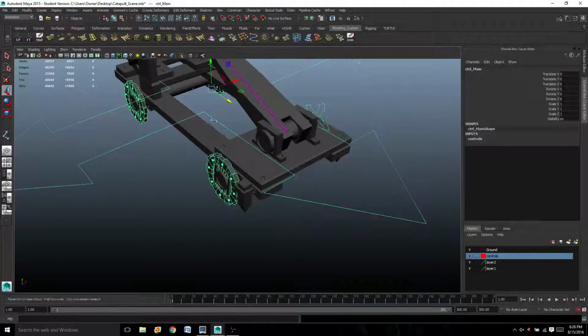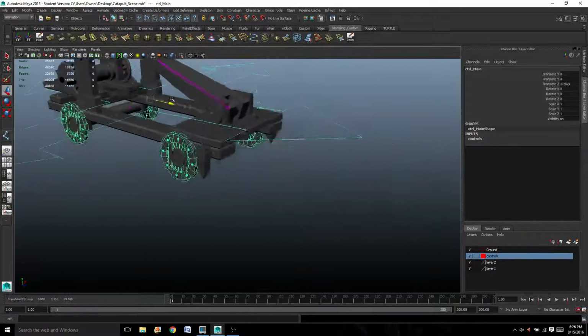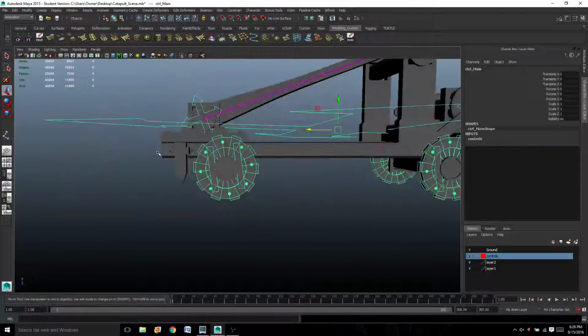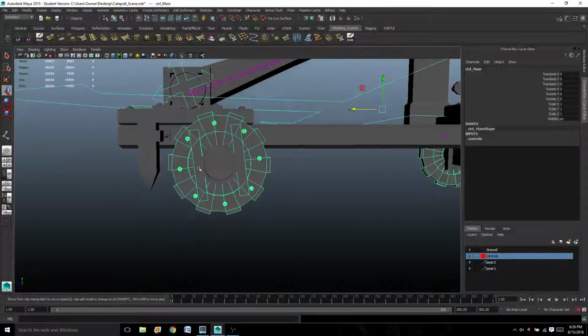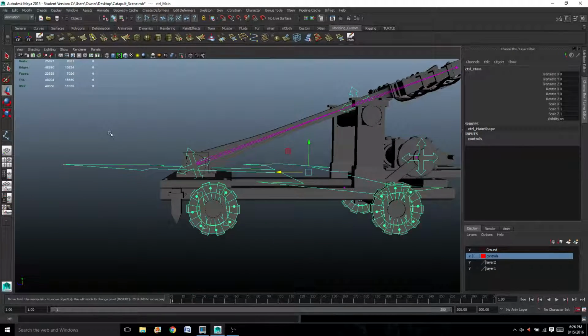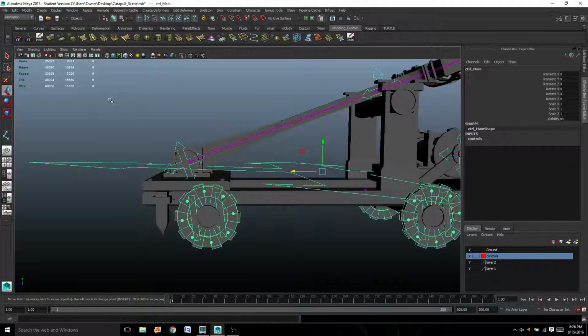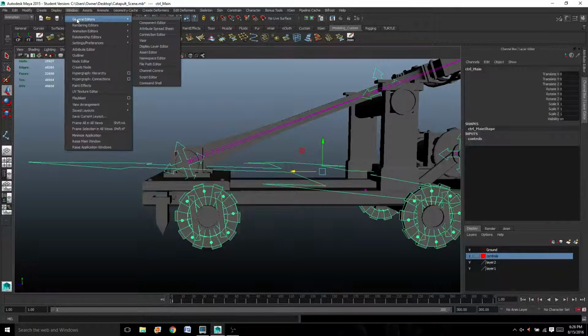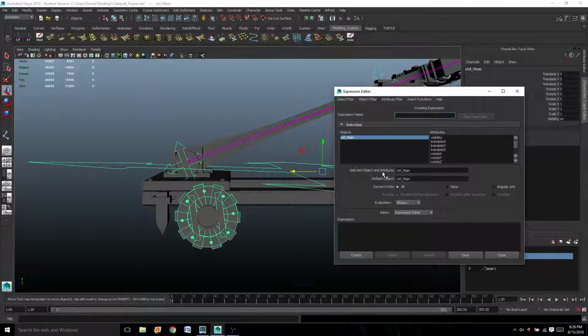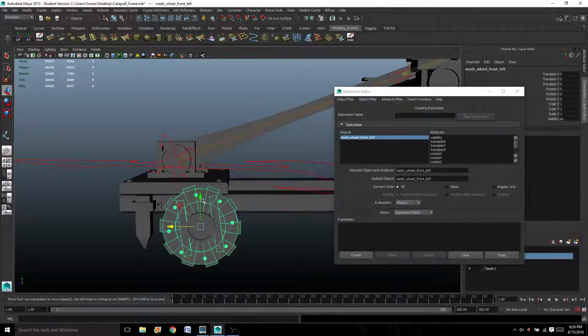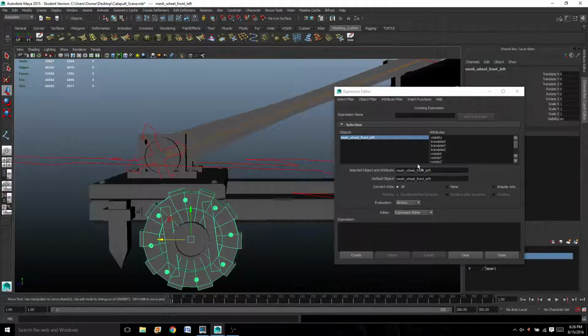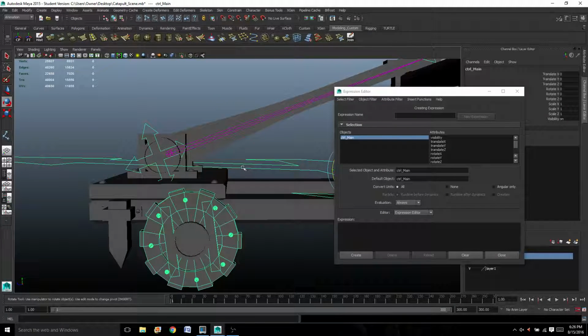Okay, so now as I go forward, my wheels come along, but they're not rotating yet. So now we're going to use the expression to drive these guys. Let's go ahead and open up our expression editor, and that is located underneath Windows, Animation Editors, Expression Editor. Okay, perfect. So first thing we're going to do is the driven object, and we're going to rotate it. I can see that's rotating my X, and we're going to be translating it forward